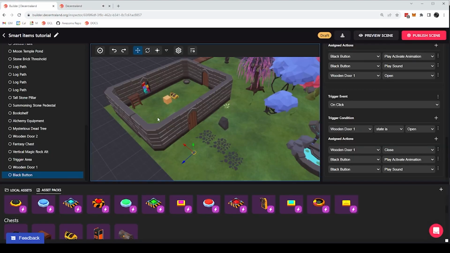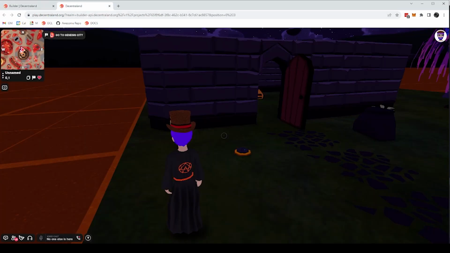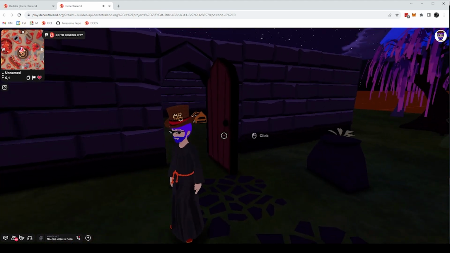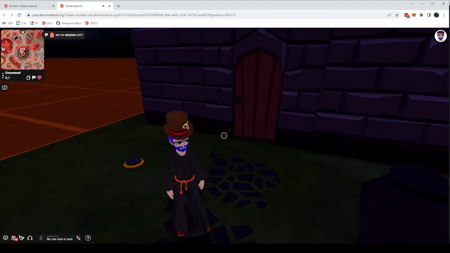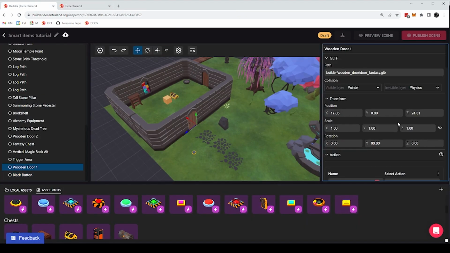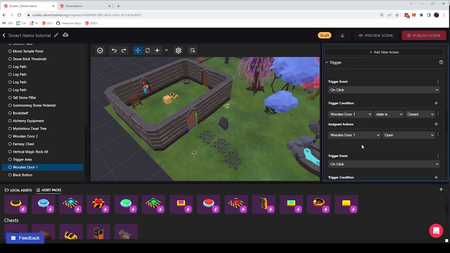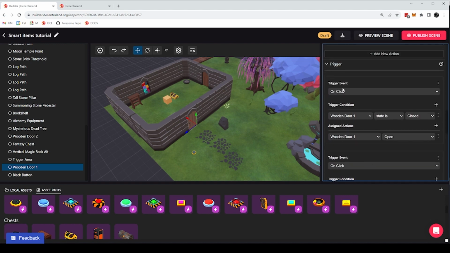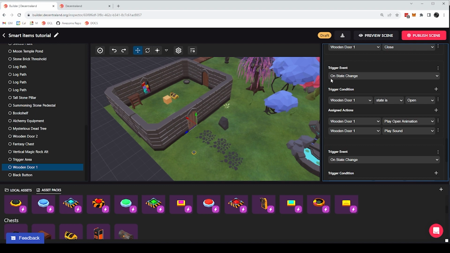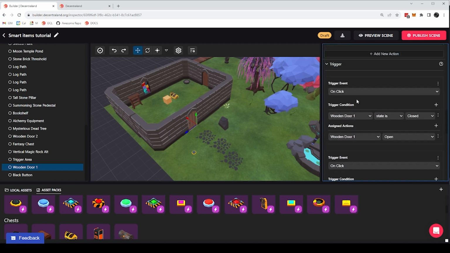Great. The other thing I want to change about the door is that besides being able to open and close it via the button, I can just walk up to the door and open it and close it like this. And I mean, this feels a bit like cheating, because otherwise, why do I have this button at all? But what I can do is get rid of some of the trigger events that I have on the door. Remember that I said I had 4 trigger events on the door. 2 of them have to do with clicking on the door and checking on the state, and the other 2 have to do with reacting to changes in the state of the door. I want to leave these 2 because these are being used by my button indirectly, but I want to get rid of the first 2